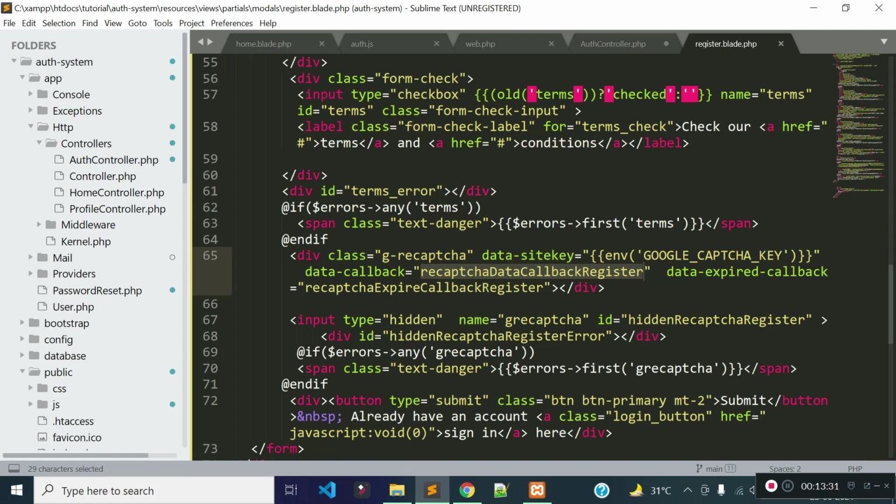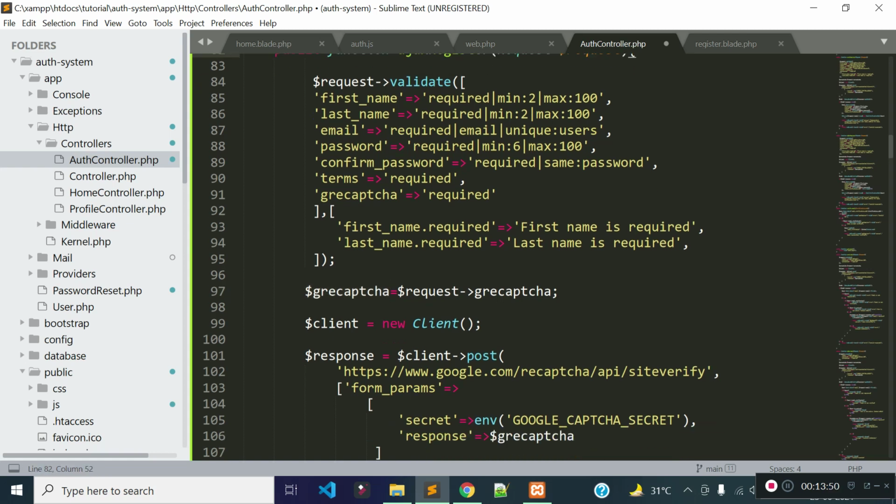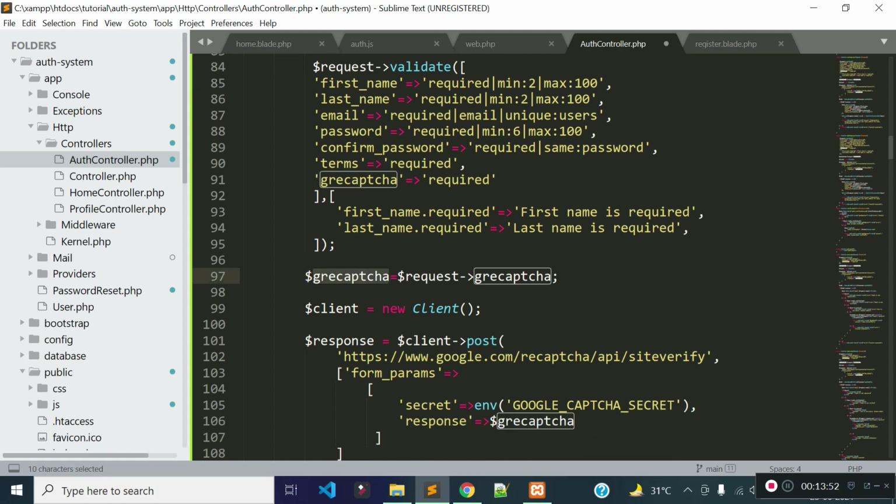So we stored the Google reCAPTCHA response in this hidden field, and whenever our form is submitted, all the field values along with this hidden reCAPTCHA field will be submitted to this Ajax URL.